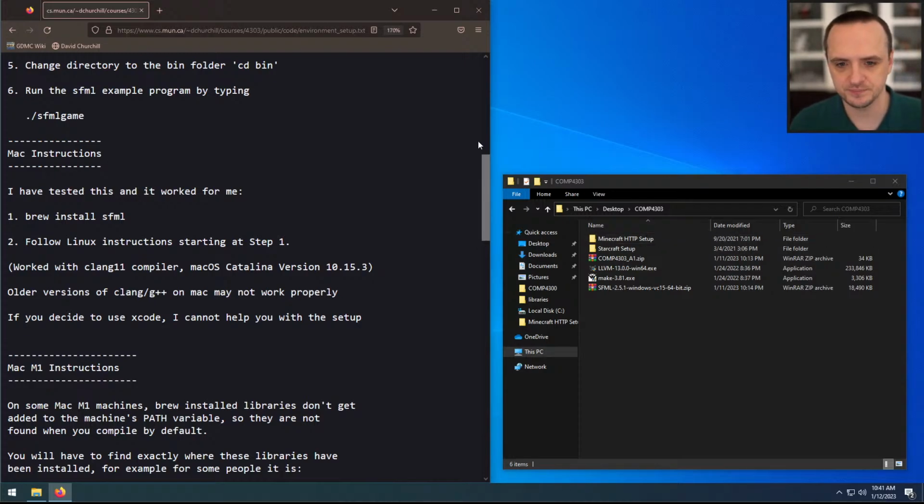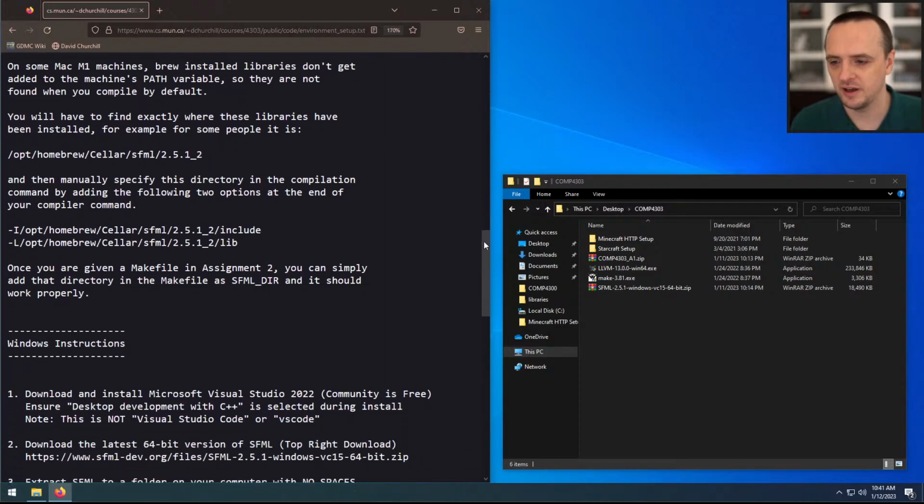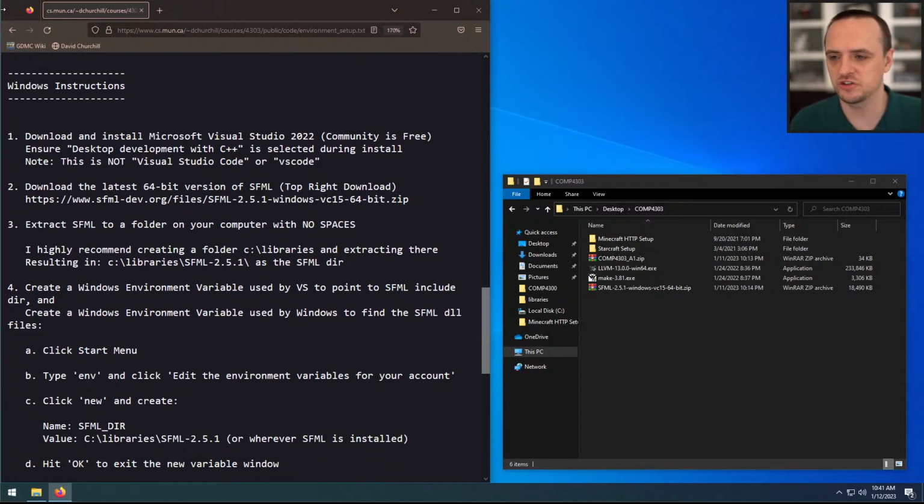All right. Next, the final set of instructions is the Windows instructions. And so what I will be doing is going through these step by step. I have not tested this yet. And so if something breaks, that will actually be a good thing because then we can fix it live on stream. So the first thing you have to do, and the only thing that I have done so far, is